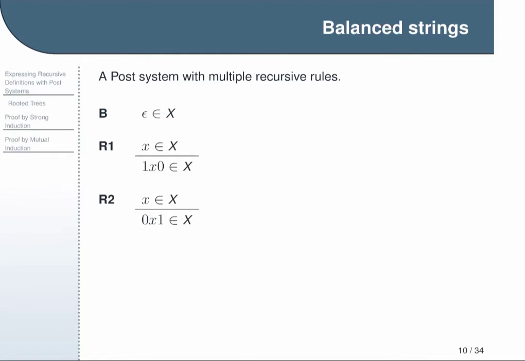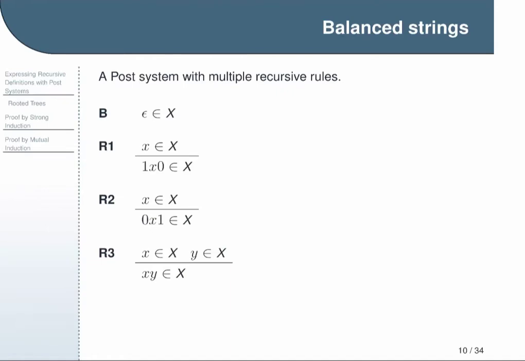Then finally, we have a third rule, and this rule has two variables. It takes an x and a y, and if x is in the set and y is in the set, then the concatenation of x and y is also in the set. Before we discuss what this is, let's work out what exactly, based on these rules,